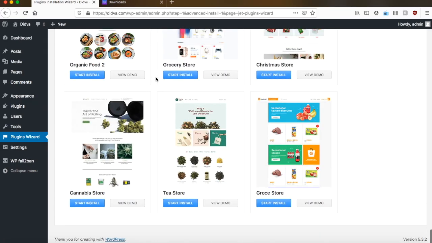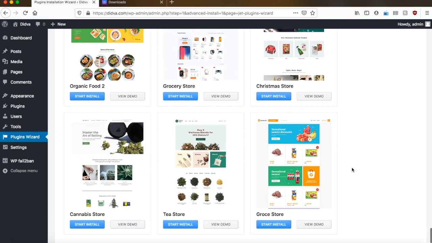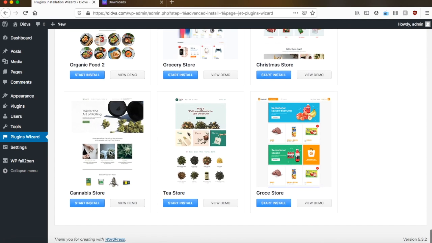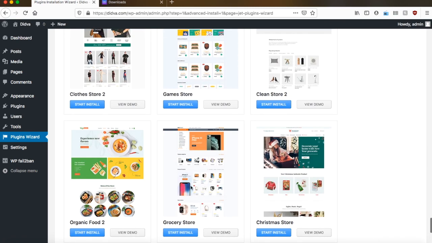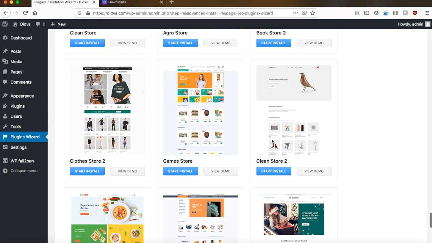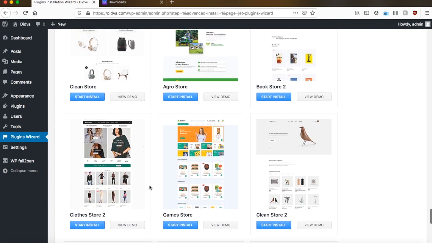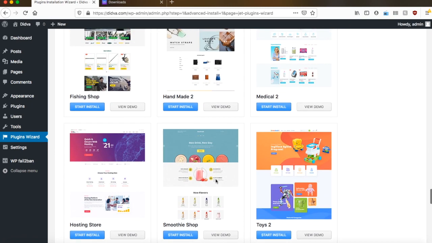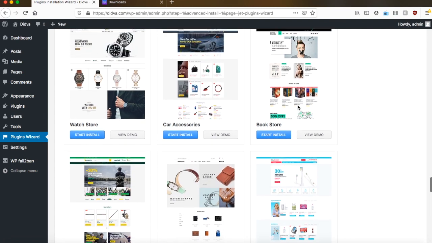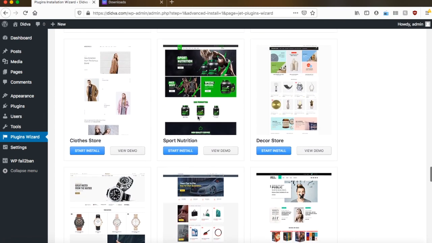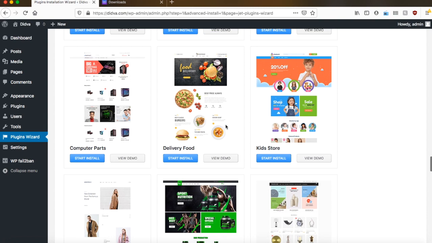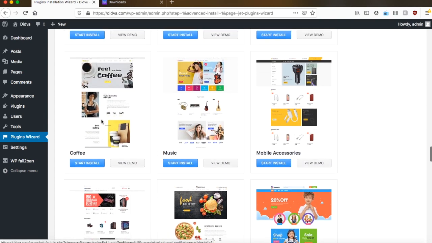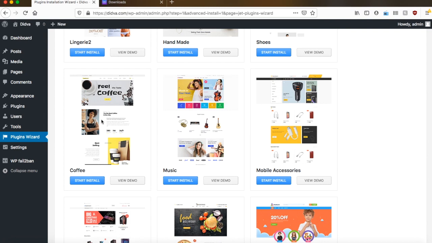Depending on what you are trying to sell, this is a lot of templates. A grocery store, cannabis store, another grocery store, Christmas store, a lot of stores. This is for WooCommerce. Clothes. A lot of people sell clothes, books, toys, hosting. So this is all good. Watch store, nutrition, decor store, delivery food, kids store, computer parts. So any sort of e-commerce website you want to start selling online, this is the theme to go. Okay,